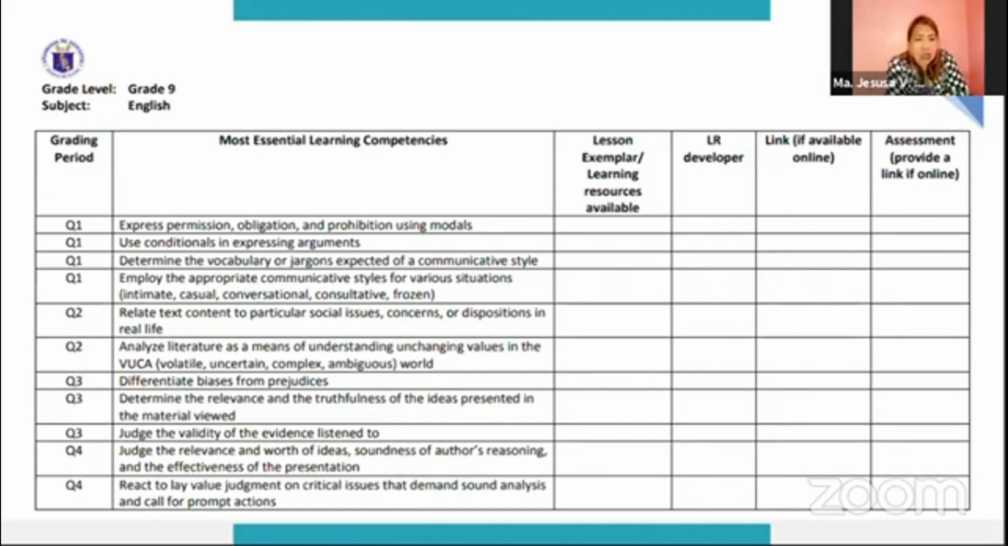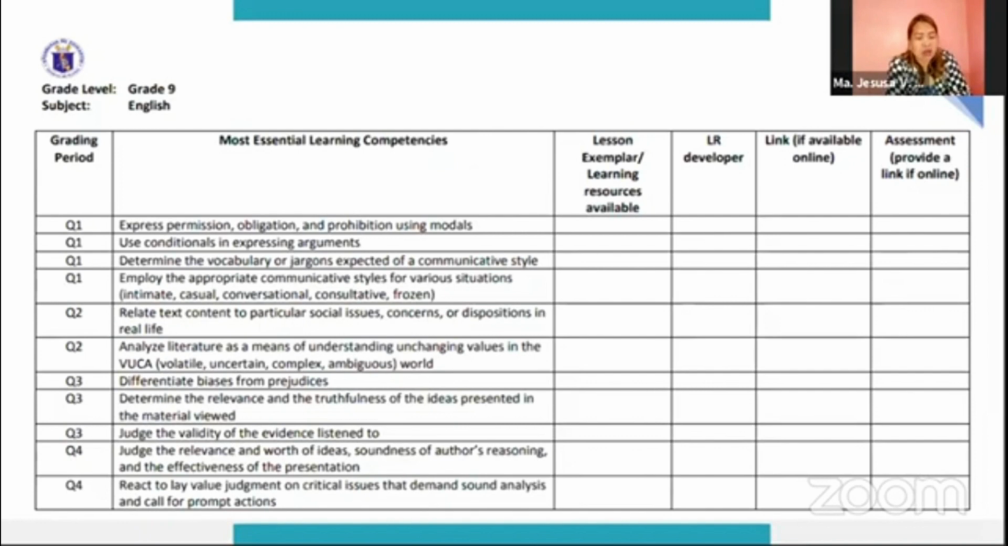Okay, so allow me to read the content of quarter one. On quarter one, express permission, obligation, and prohibition using modals. I know that some of you are teaching modals. Okay, next, quarter one again, use conditionals in expressing arguments. After this,